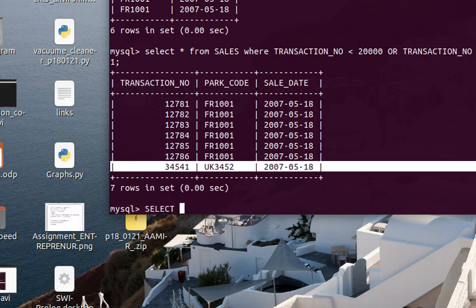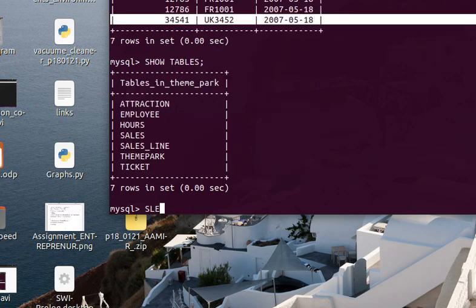So let's move on, you can use AND operation, you can use plus. So let's move to the other. So show tables and select. Now I will show you how to fetch data from multiple tables. So this is our task. So let's create that one.